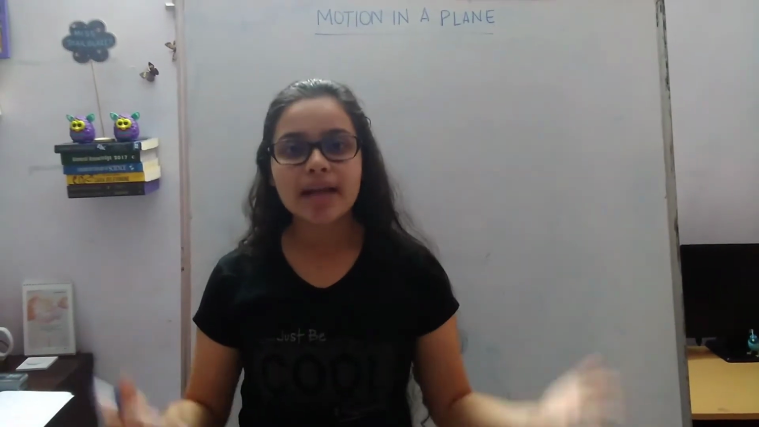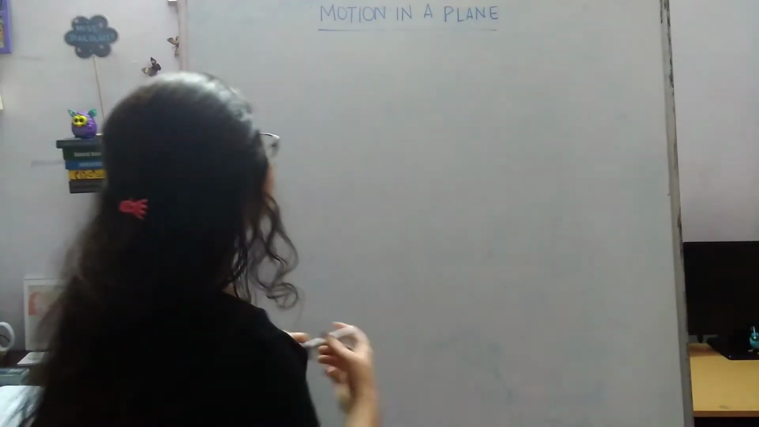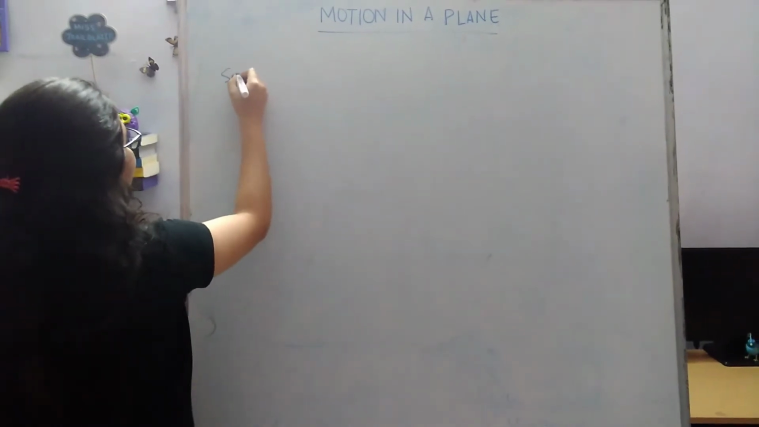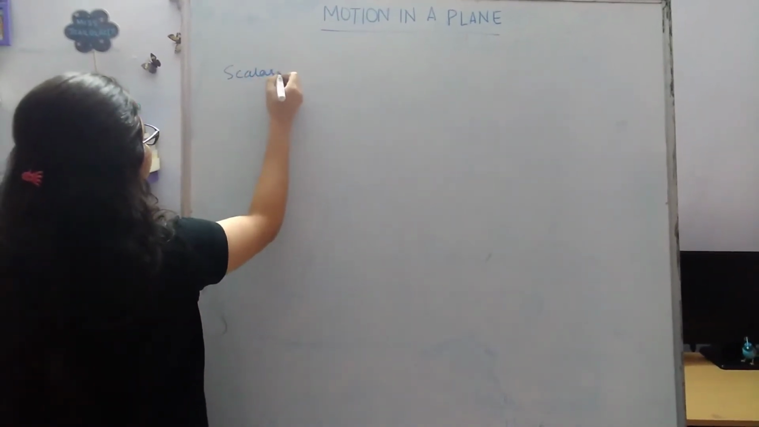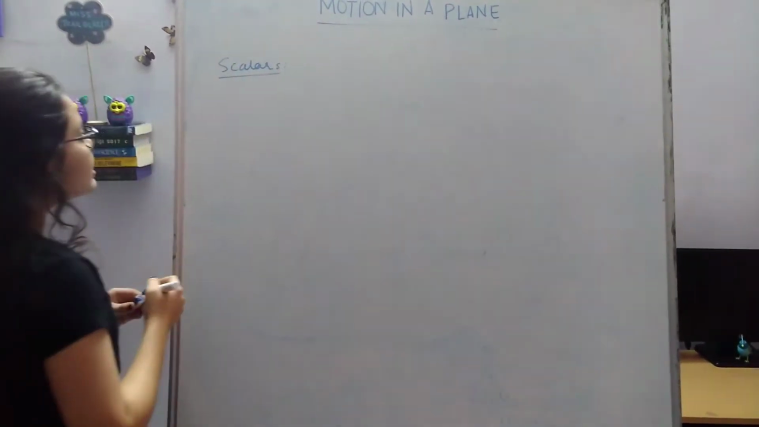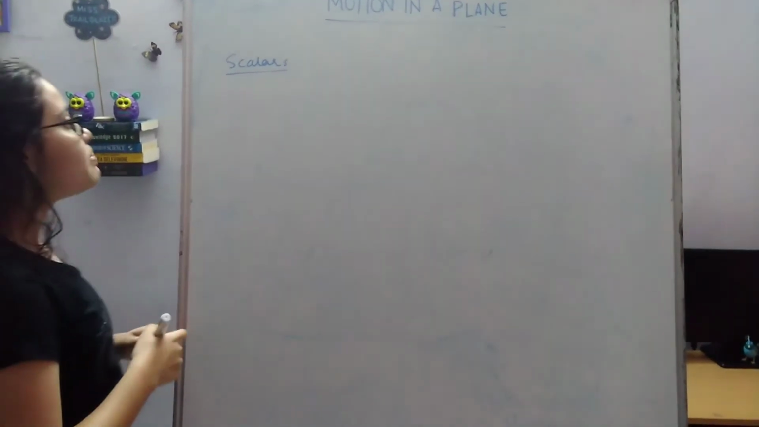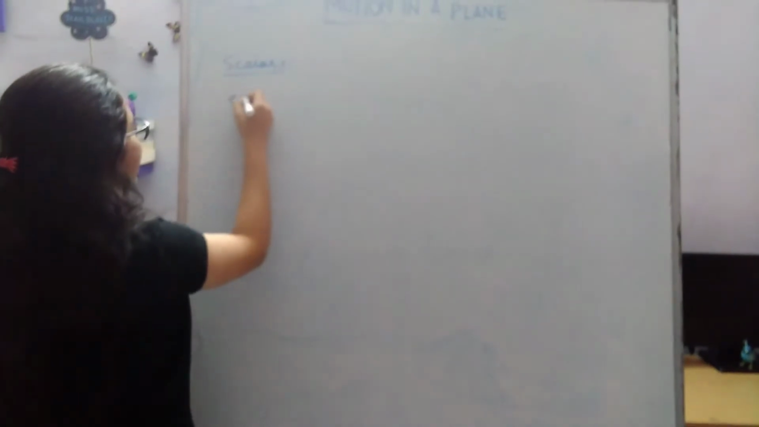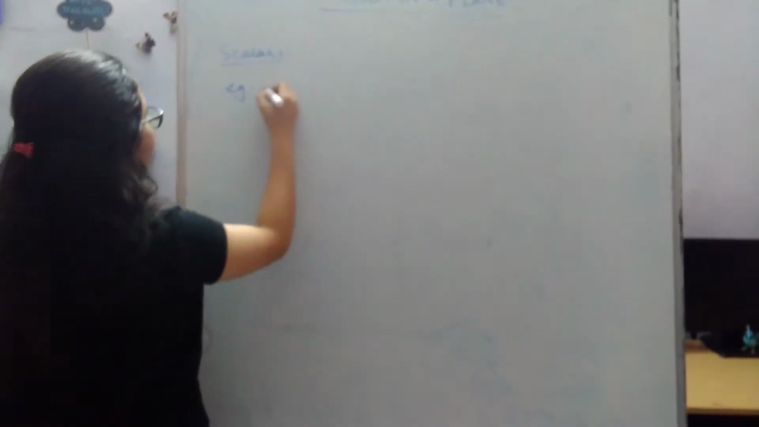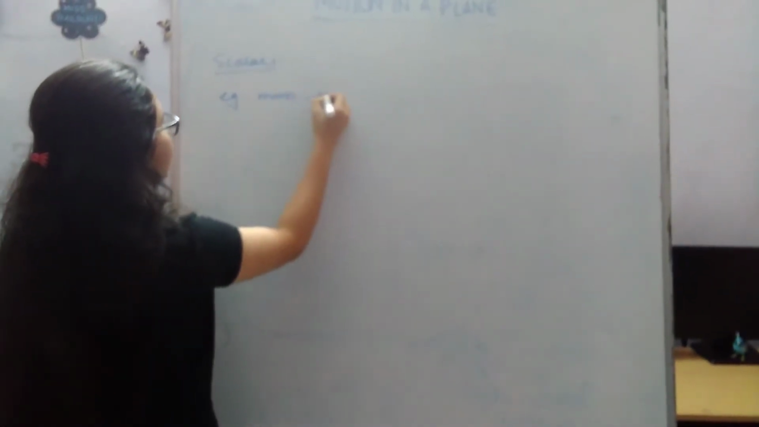Today we'll be starting a new chapter, that is motion in a plane. So before we start this chapter, let us just revise what are scalars and vectors. So scalars are physical quantities that have only magnitude and no direction. Okay, so examples for scalar are mass, density,